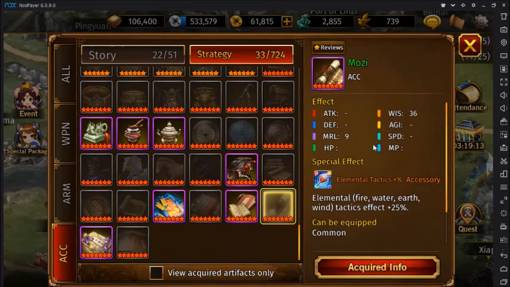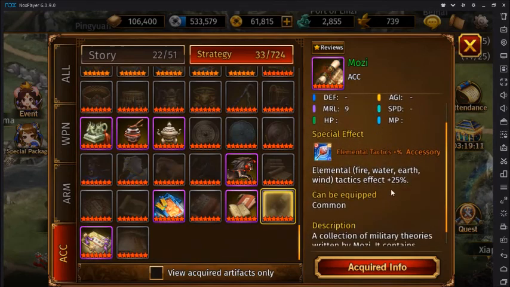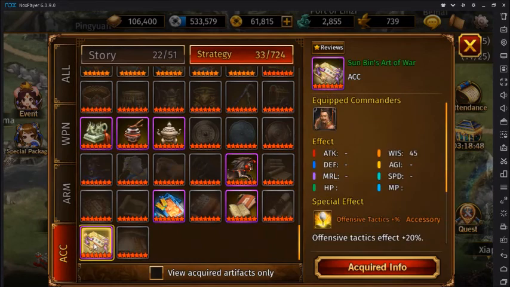Okay, Mozi, which adds 25% elemental damage. As I mentioned in my PvP video, if you run mages, I see people make a lot of mistakes. Even right now, a top PvP player on global runs 3 mages, right? But he's got Mozi on 2 of the 3 mages he runs, apart from Zhuge Liang. People think the 25% is definitely better than the 20% from Sun Bin Out of War, but that's not the case, because